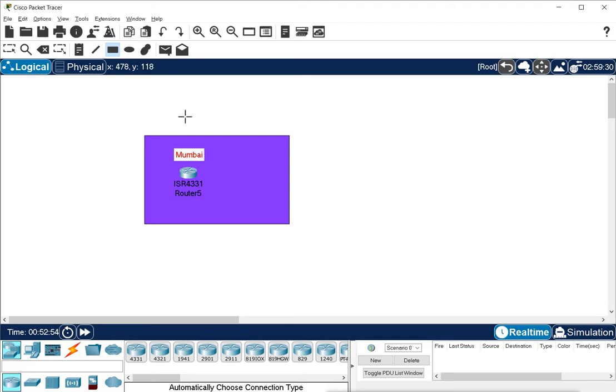Then this option is to send the packet. Add the simple PDU and add the complex PDU. So it is to create the PDU for sending. Remember, this is virtual, so we want to test whether the data is going or not going. So we can create the PDU and send it. So these are the options we have here.